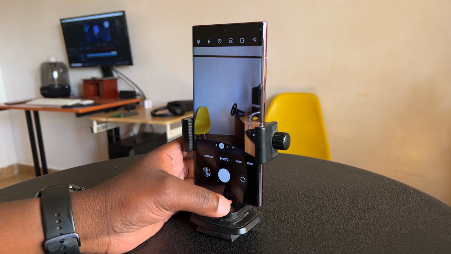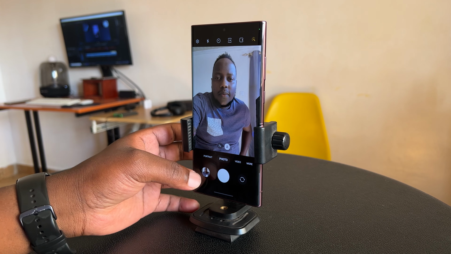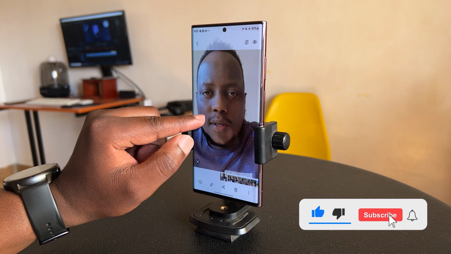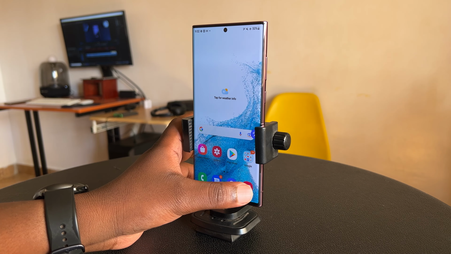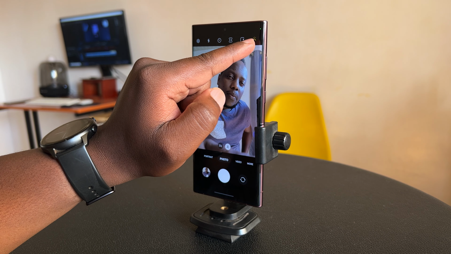The Galaxy S22 Ultra's selfie camera adds beautification by default. It basically smoothens out your face, and there are a few enhancements it does by default. Now, to turn those off, simply open the selfie camera and then tap on this enhancement icon in the top